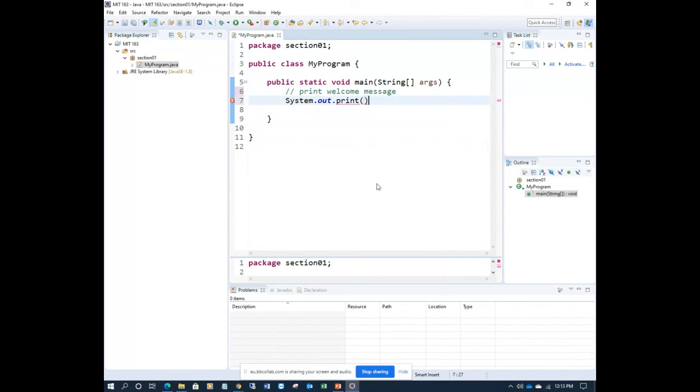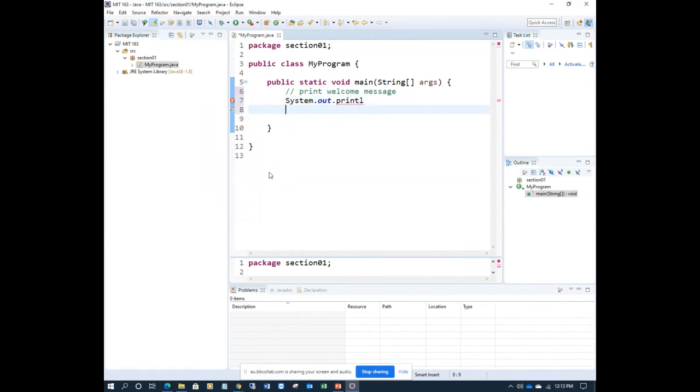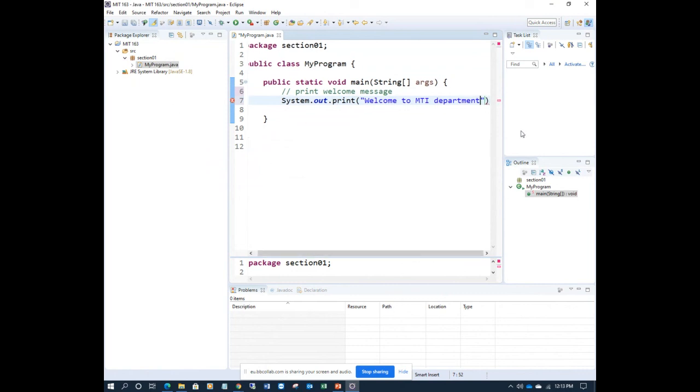Okay, anyway, this one: System.out.println, do it slowly. Print, welcome to MIT department. Okay, just put a semicolon here, right? That's the program. Now the error is gone, right?